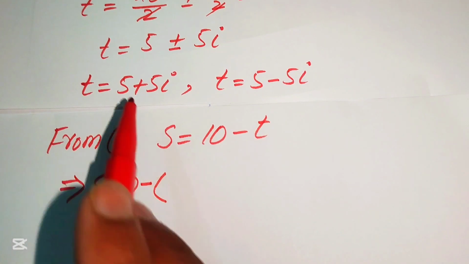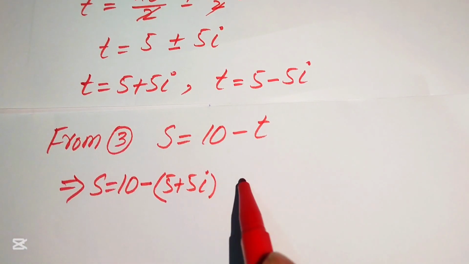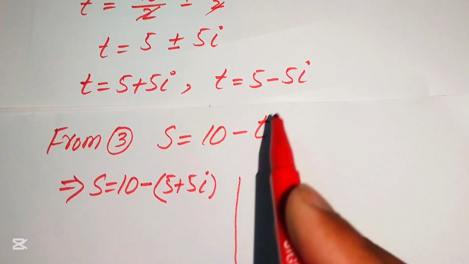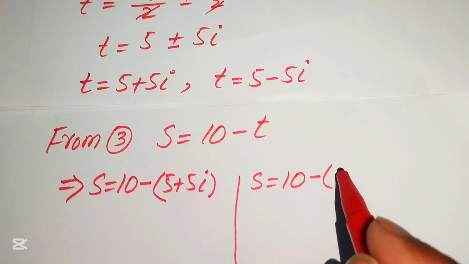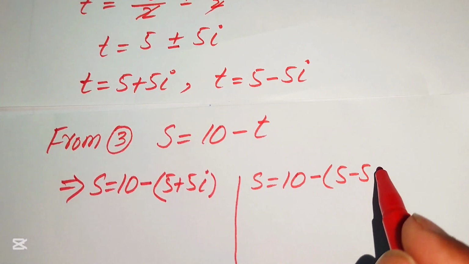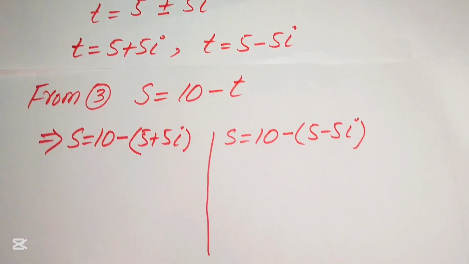It will be written as s equals 10 minus t. First we put the value of t here. It is 5 plus 5 iota. It will be written as s equals 10 minus 5 minus 5 iota. Here we put this value of t. And now in the next step,